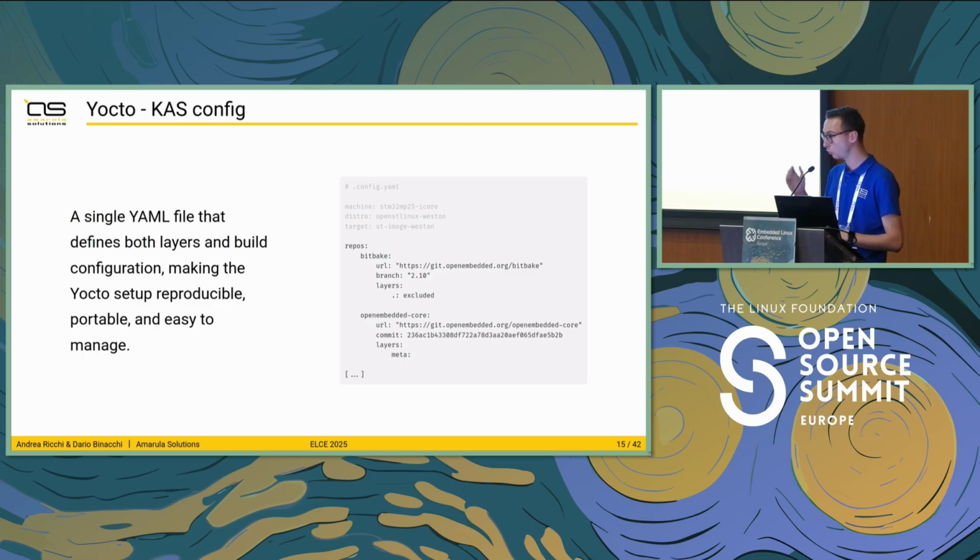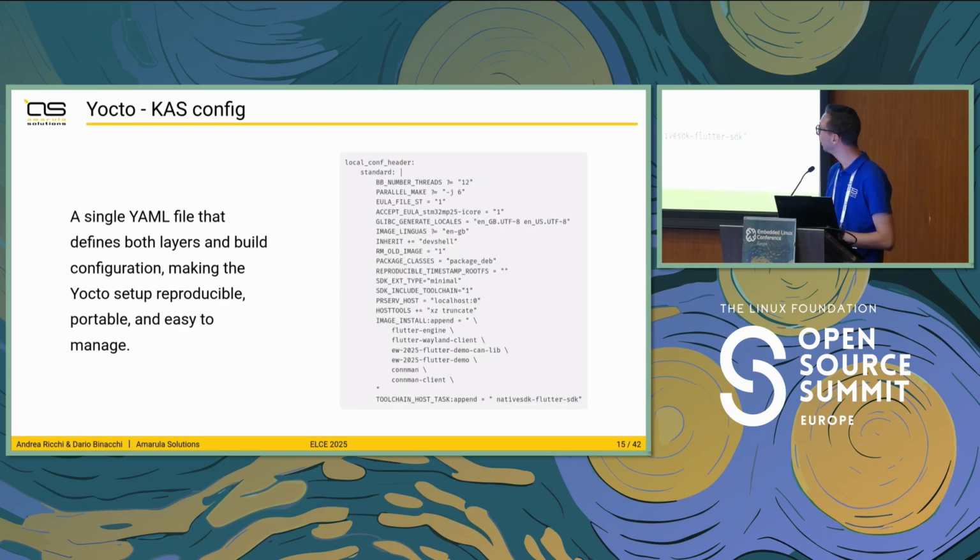And also, we defined all the layers and the version that we wanted to target, and also the local.conf configuration. So everything is version controlled, which is really important when working together, structured, and ready to be built with a single command. This setup is really clean, and it's a simple file, but it's doing a lot of heavy lifting